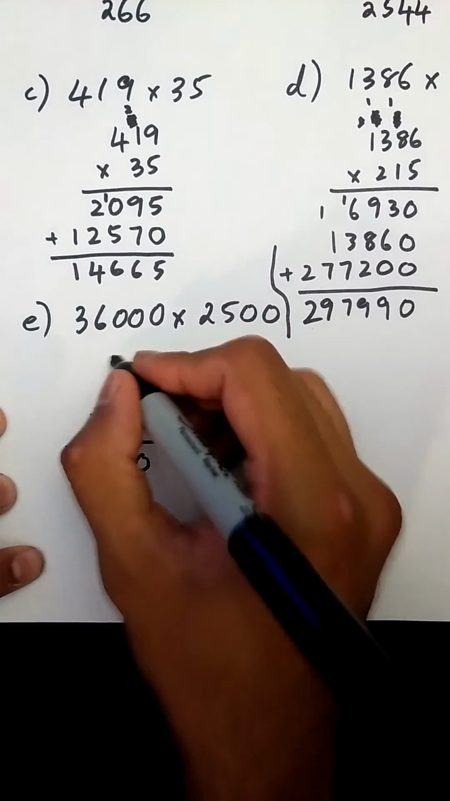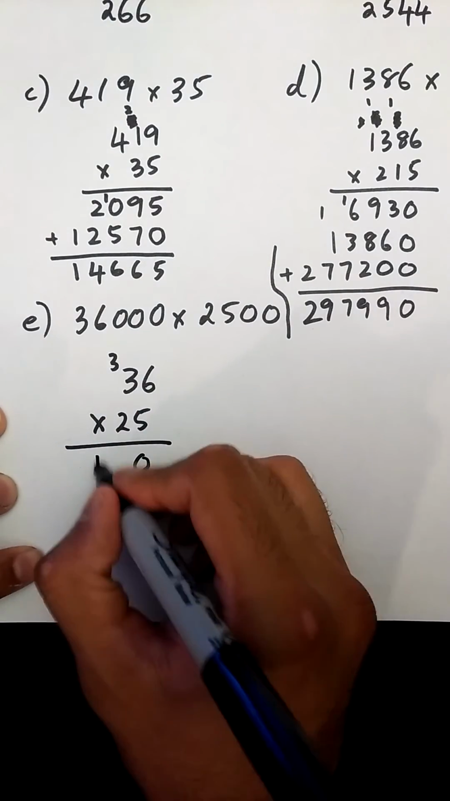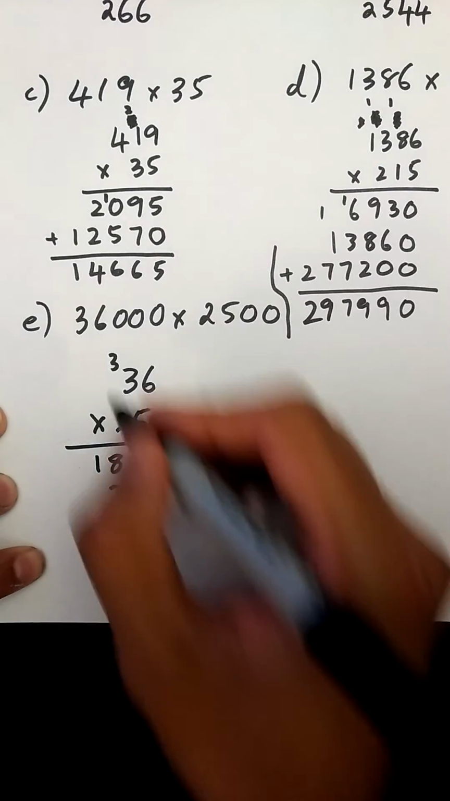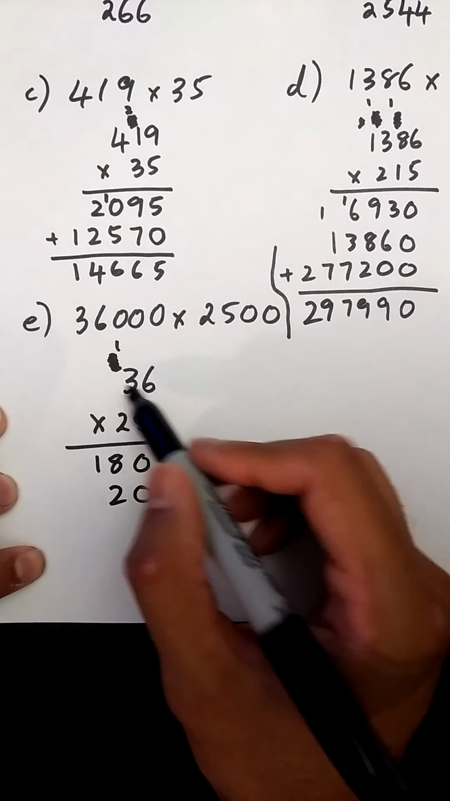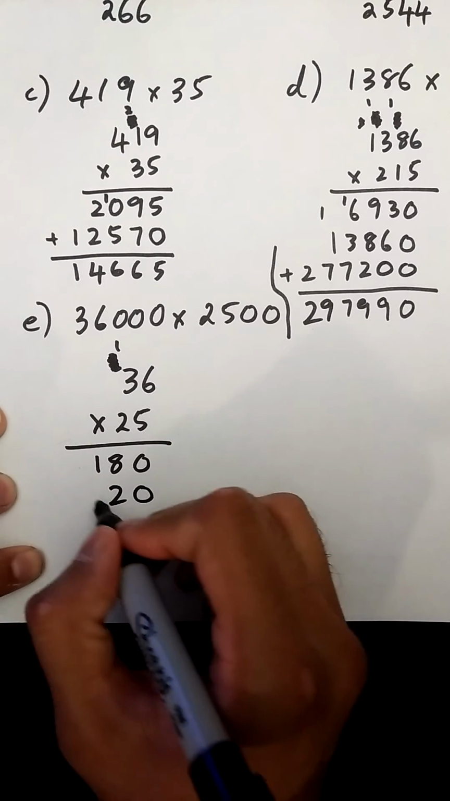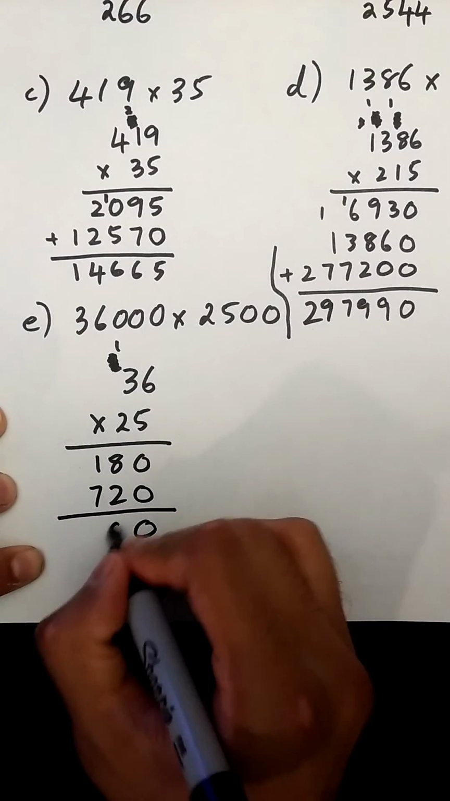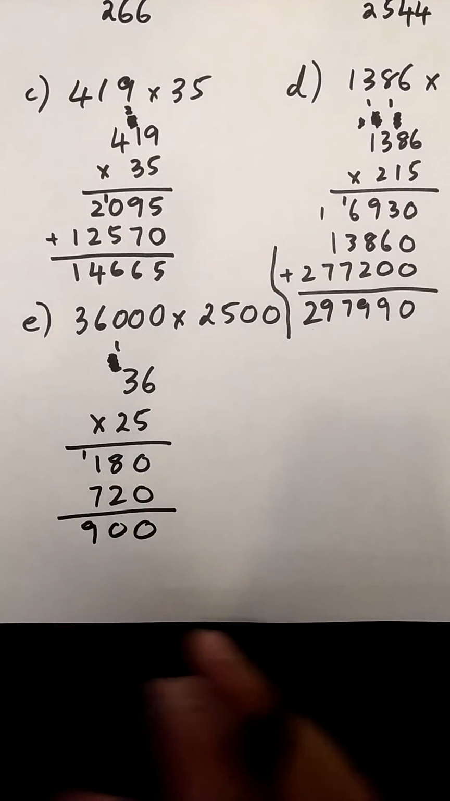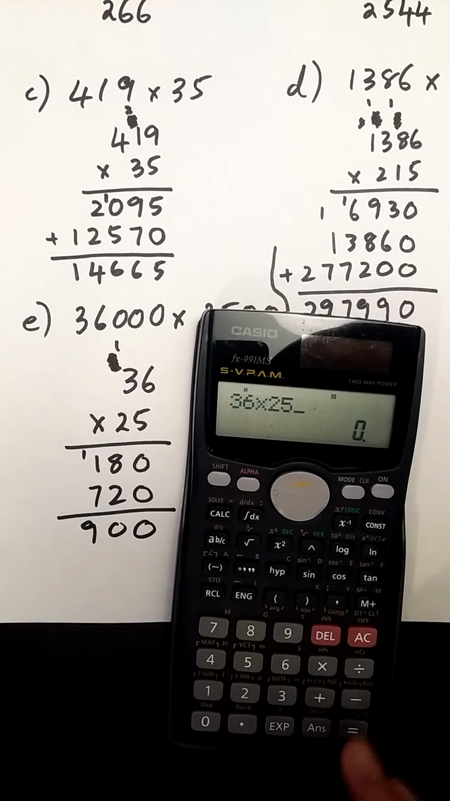6 times 5 is 30. 3 times 5 is 15, plus 3 is 18. Add my 0. 6 times 2 is 12. Carries over 1. 3 times 2 is 6, plus 1 is 7. I'm going to add those two up. Get 900. Check that I did that right. 36 times 25